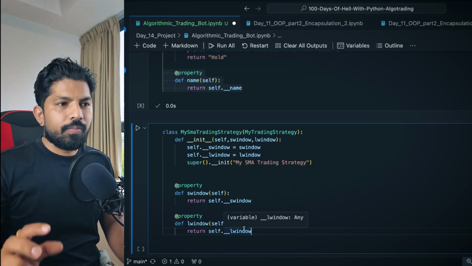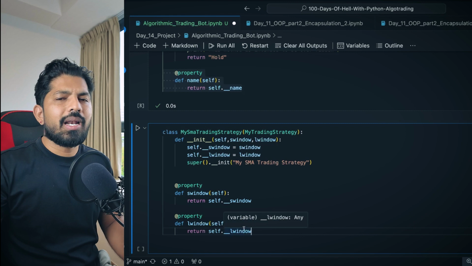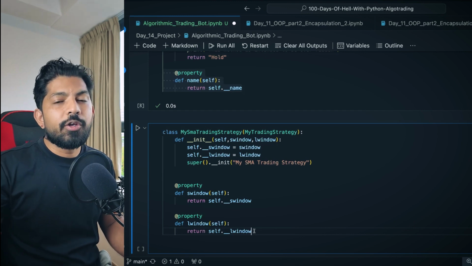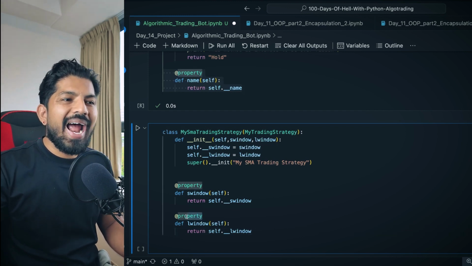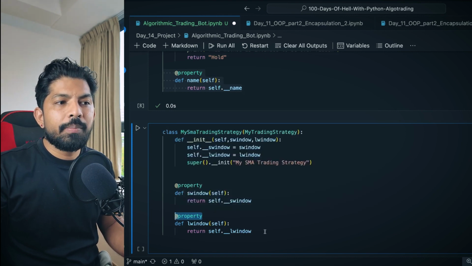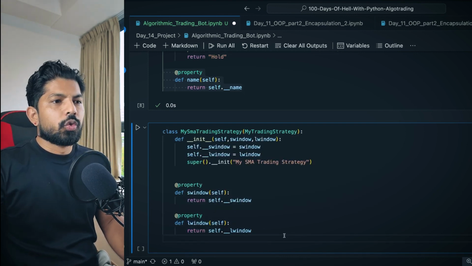Here we have 2 options. The one is we can create a simple getter method, which we have done previously. But if you want to make it so that the user doesn't know whether this is an attribute or a method, we can add this decorator with the name property, and this will make this getter method behave like an attribute, right? So, and this is done.